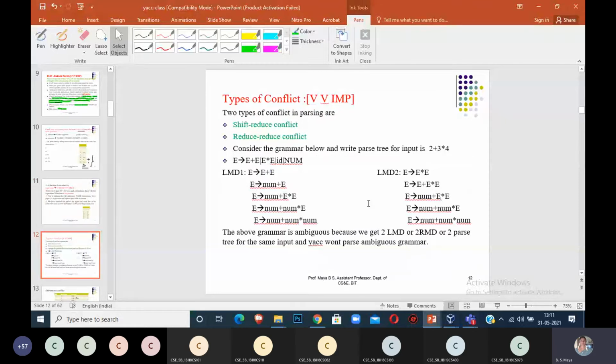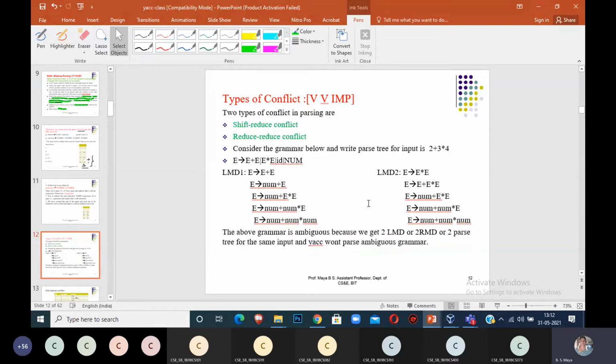See, while doing your lab program, you will get two types of error. This is a very important question. Take down the question: explain types of conflicts in shift reduce parsing.